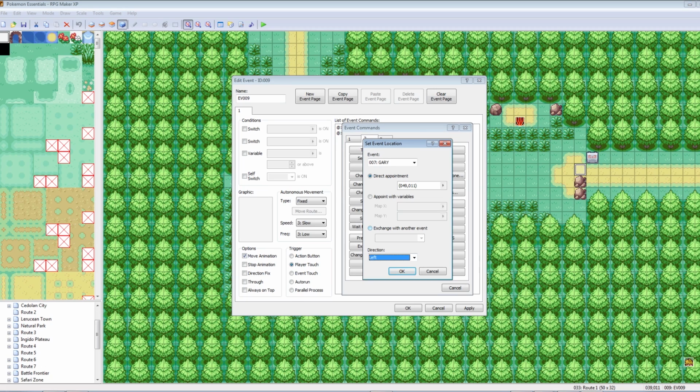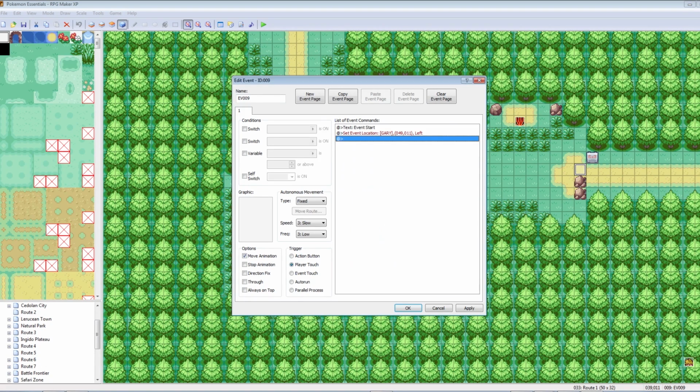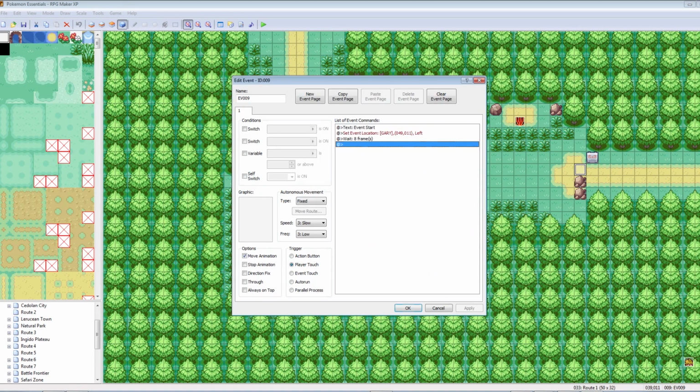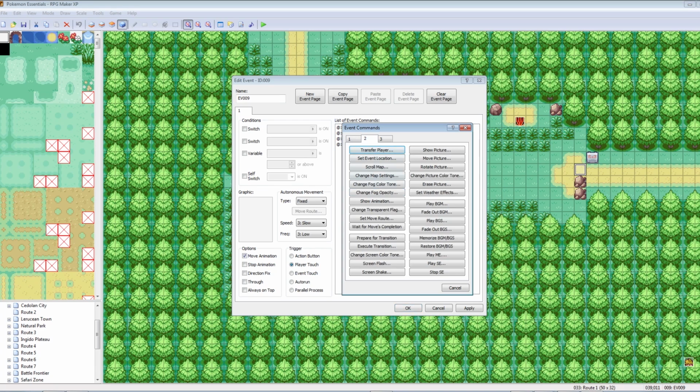And you can make it so it warps places with other events or points with variables. I never use those, so I just do direct appointment, facing left. Cool. And then, ooh, let's do this. I can show you all the other map things while I do this. So after he's transferred, let's have it wait 8 frames. And then